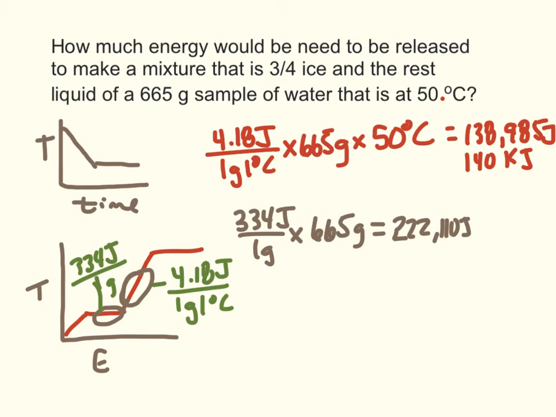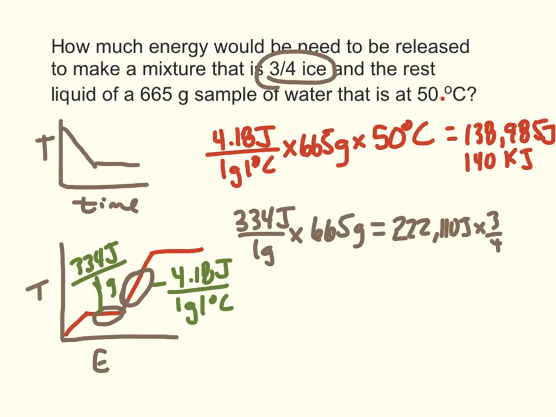But remember, this said only 3/4 of it turned to ice, so I'm only going 3/4 of the way. So I'm going to multiply this by 3/4, and then I'm going to put it in the correct number of sig figs. So really, to multiply by 3/4, I'm just going to do times 3 divided by 4, and I get